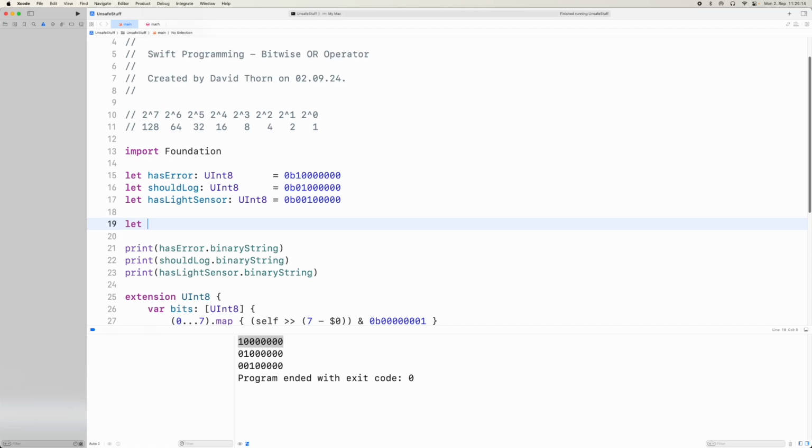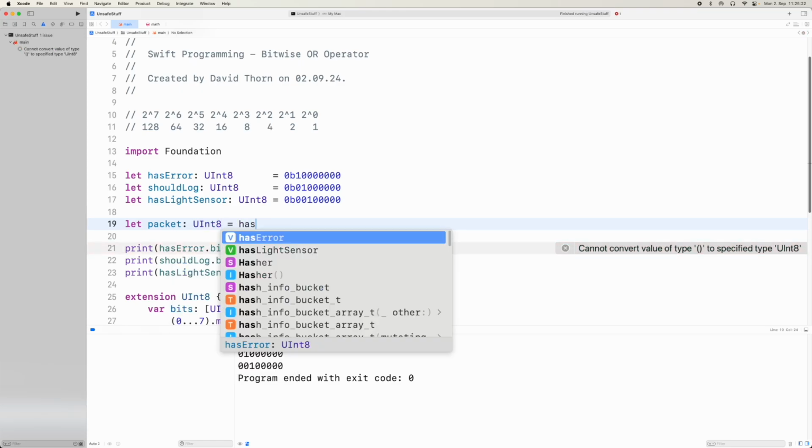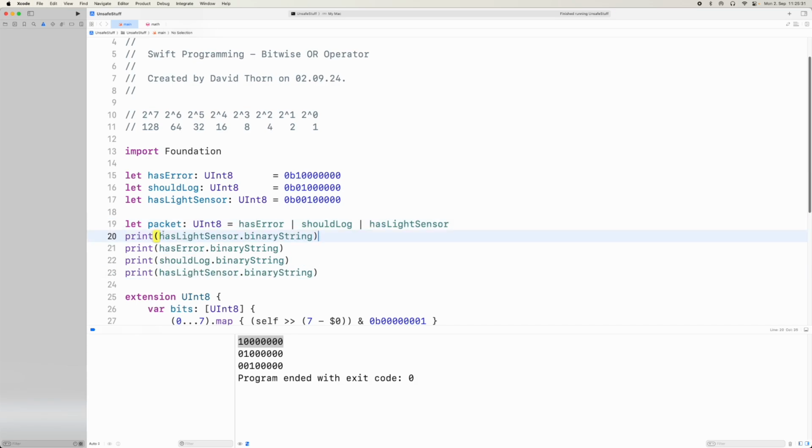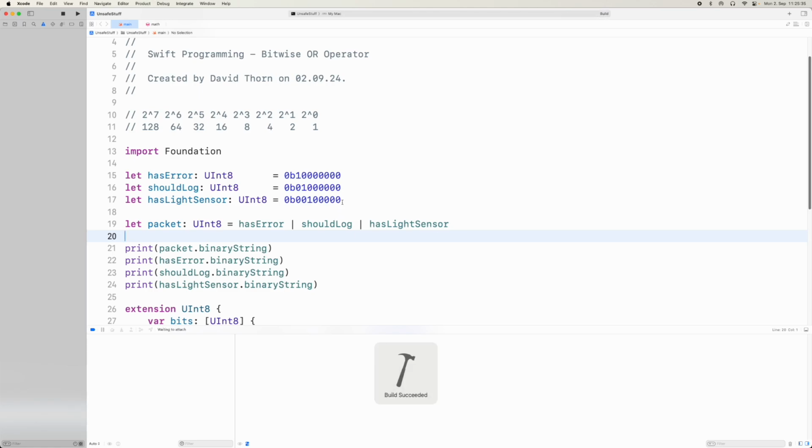So we'll say packet here, for example, and we'll say UInt8, an unsigned integer with 8 bits, and here we'll say has error, and then should log, and then has light sensor as well. And when we print out the packet here instead, and run this once again, you'll see here that the 3 bits have been activated, because all we're doing is basically saying if